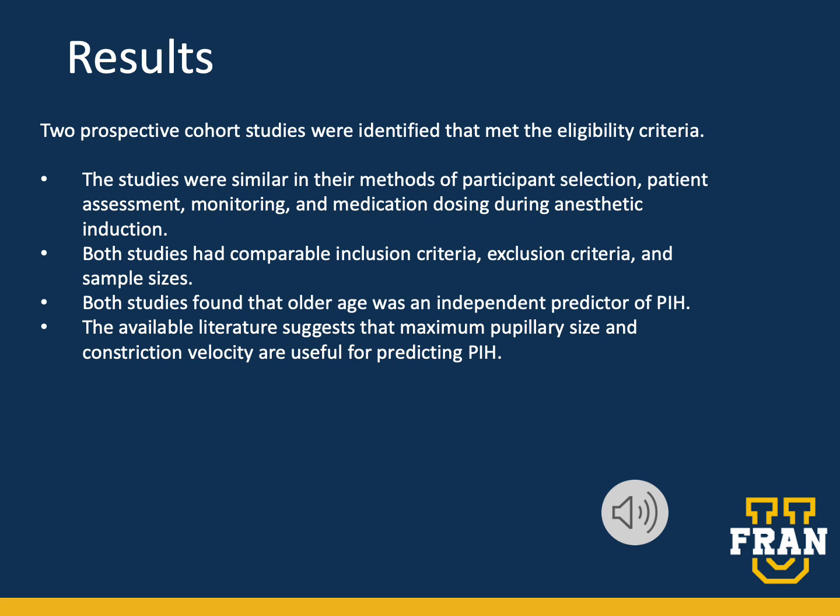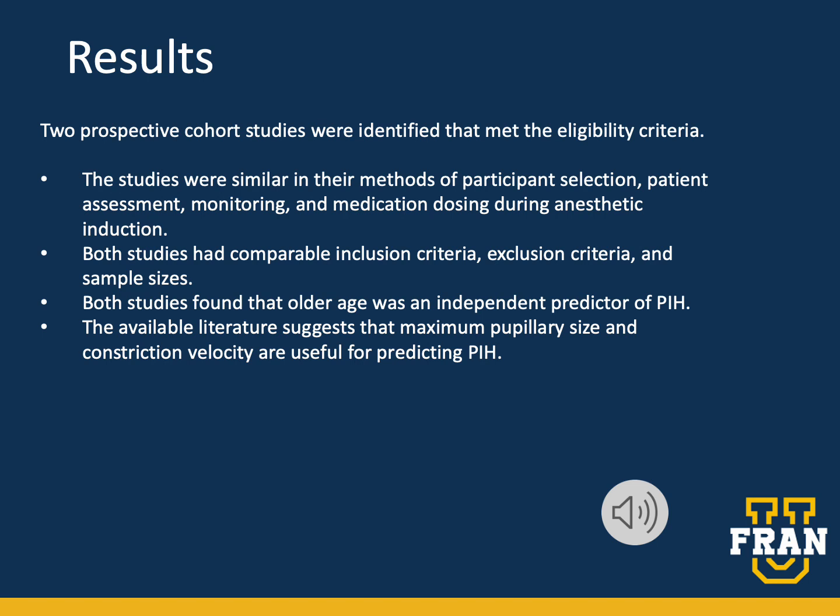A total of 2 prospective cohort studies were included. Both studies were small and from Asian countries. In total, there were 140 participants, 75 of which developed post-induction hypotension. To summarize the results, dynamic pupilometer showed that participants with smaller maximum pupil diameter and decreased constriction velocity had an